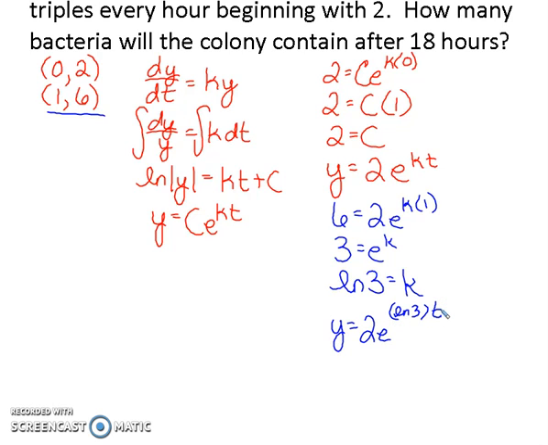So that model I could use for any problem. The particular problem that they have here is how many bacteria will be in the colony after 18 hours. So for 18 hours, we would have y equals 2e to the natural log of 3 times 18. And there really is no shortcut for that at all. So you would just put that in your calculator, and it would end up being